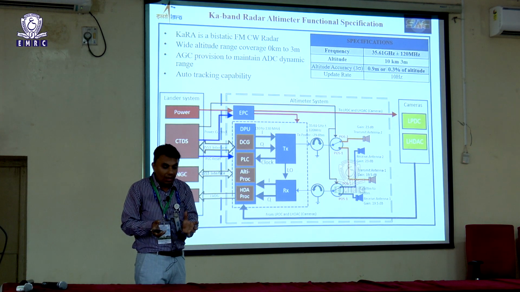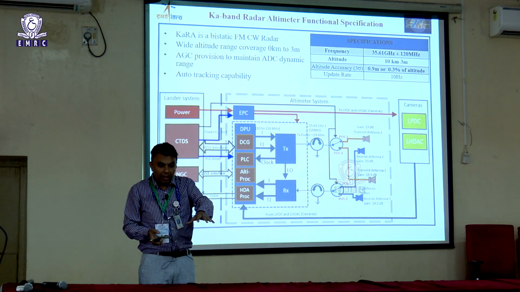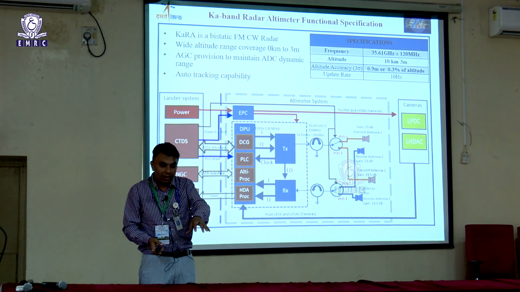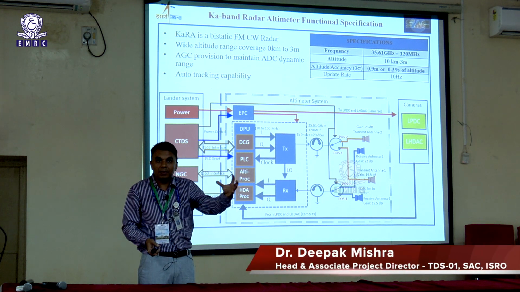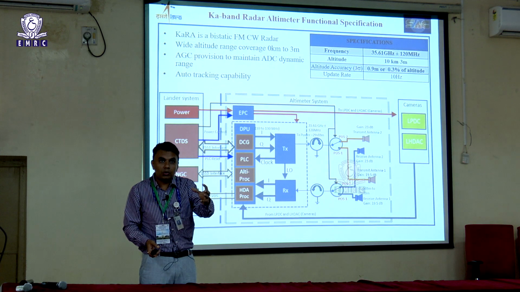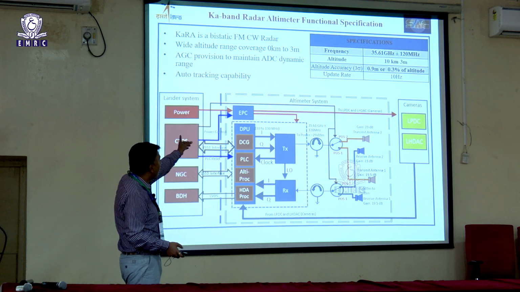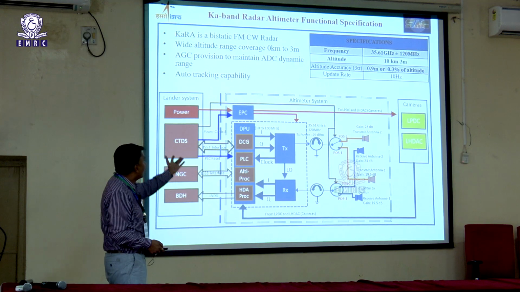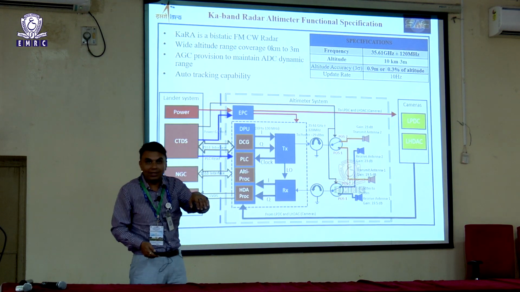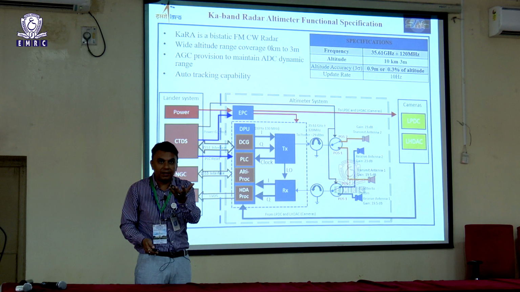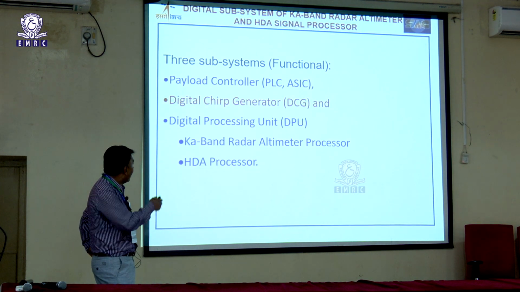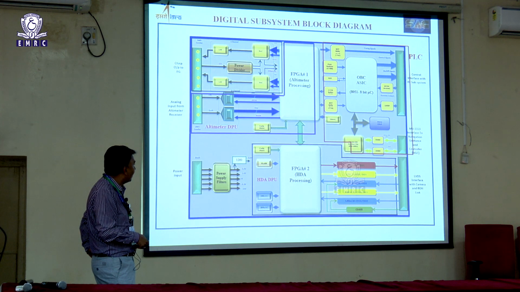What is the role of the altimeter? Once the spacecraft is near the Moon surface, the altimeter gives you how much height remains, so accordingly you can adjust your velocity. Earlier the spacecraft is coming in the horizontal domain, and it has to bring its horizontal velocity down to 0, and later its vertical velocity goes to 0. So the altimeter helps you find out the height from the Moon surface. All of this is also done using DSPs in the FPGA itself, where we look at the reflected signal and capture how much height there is. So all these three things are implemented in the Virtex 4 design, Virtex 5 design.